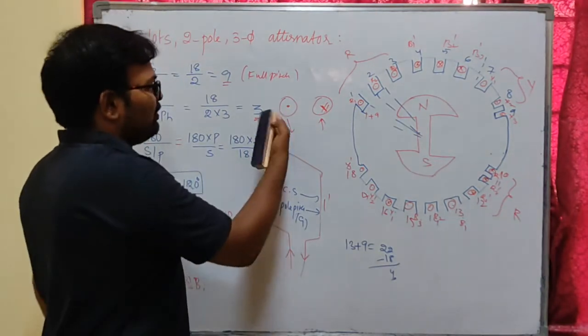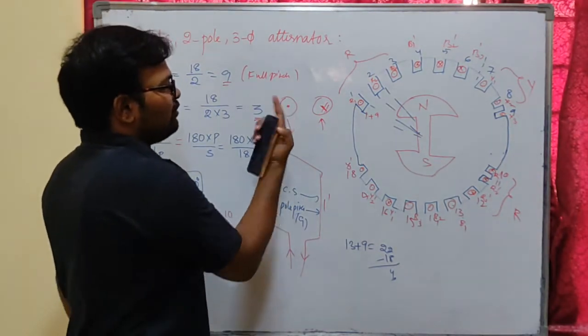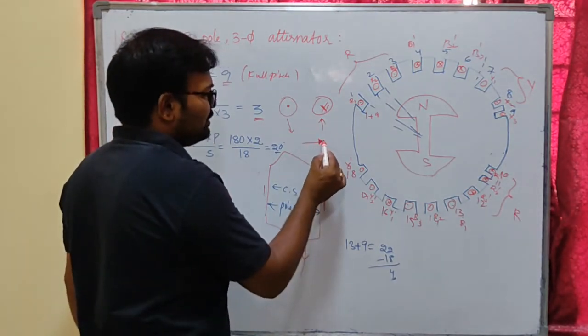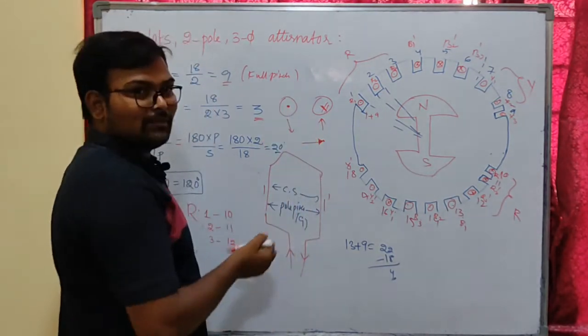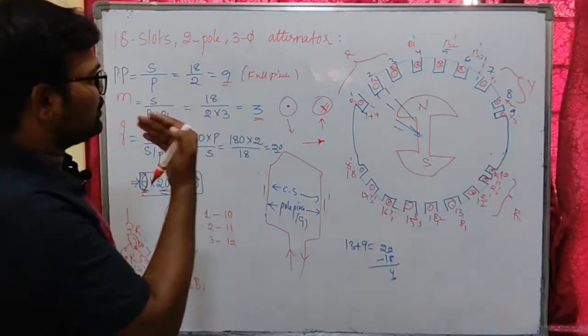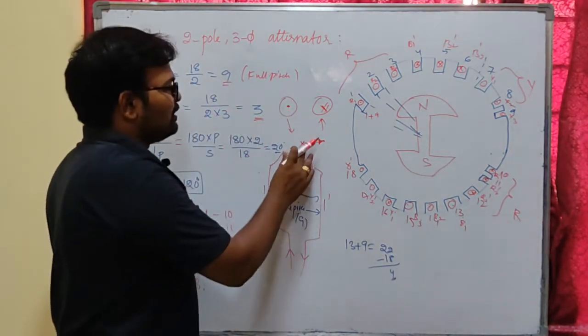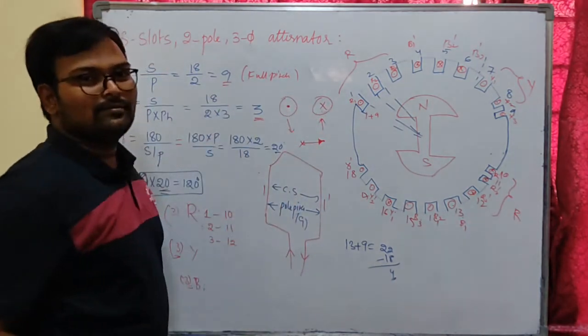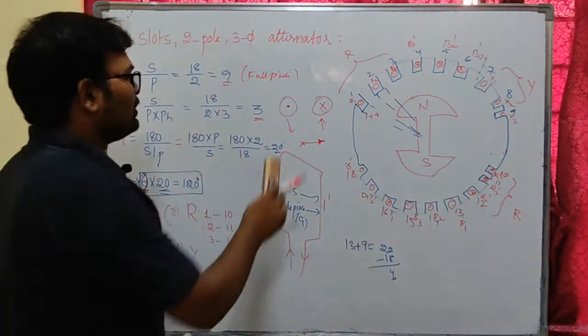Okay, this is current coming out of the plane, point towards this. If current has a phasor like this, if this point is mentioned here, that means current coming out of the plane, coming towards us. And if this is the end terminal of current, okay, if this is cross, that means current going into the plane, current going away from us. Okay, these two are the symbols.